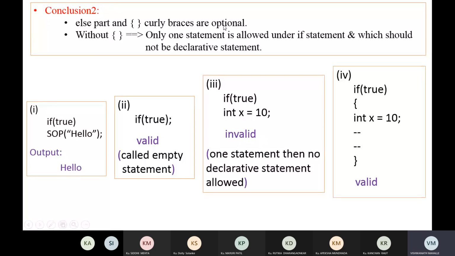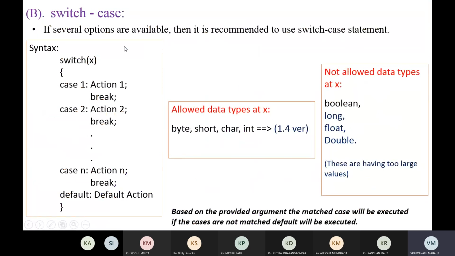So without them we can write only one statement, and that should not be a declarative statement. Here also we have verified this single statement. Here, without a statement, you can terminate the if statement without writing any statement, that is also valid. That is called an empty statement. And here this declaration is invalid, but this is valid, that we have already verified.